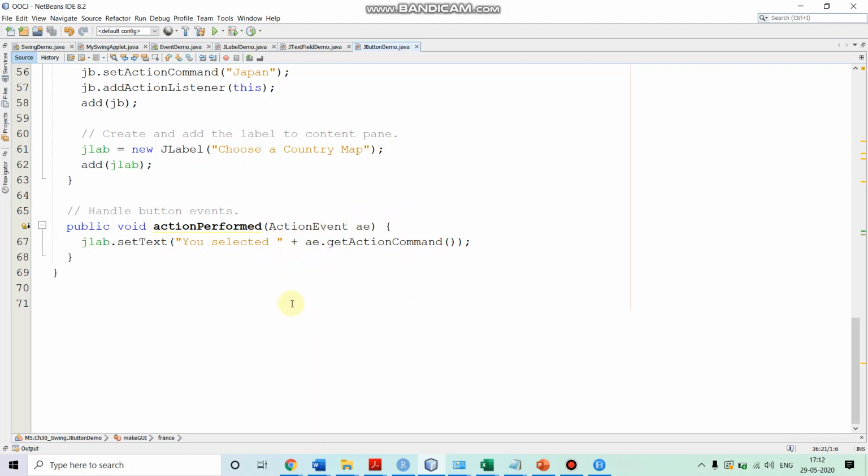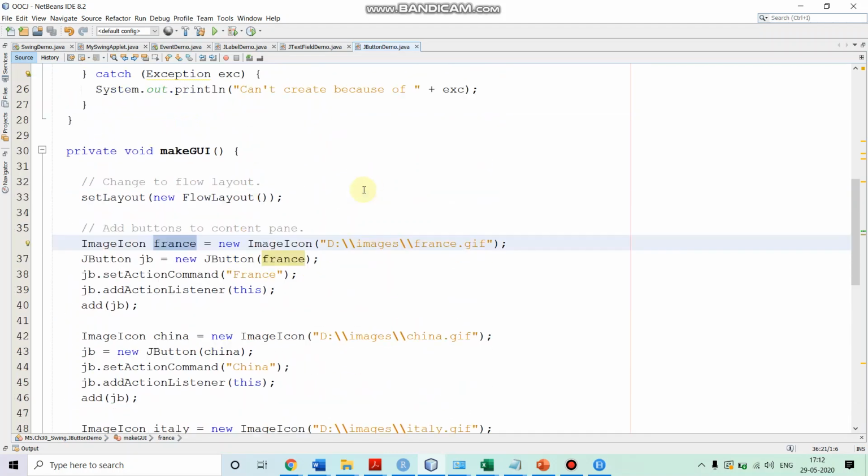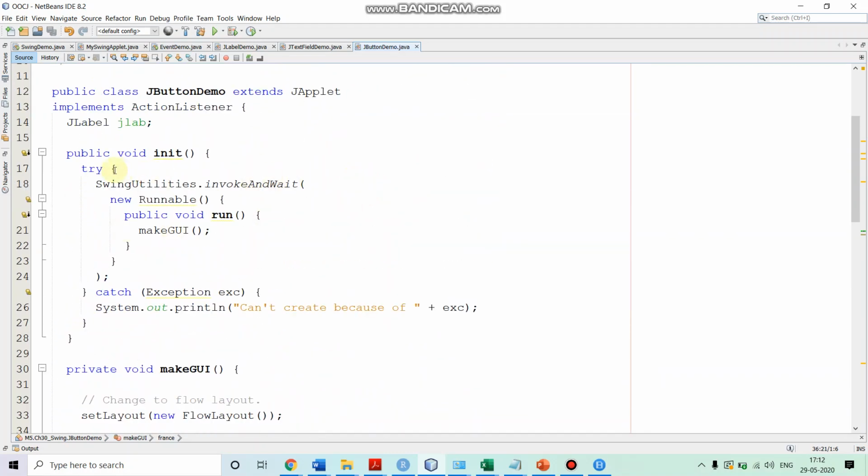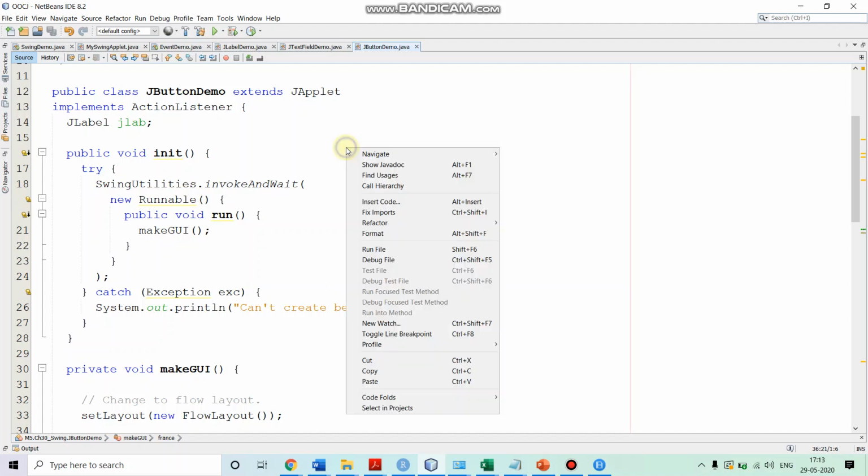So if we select the China button, then "You selected China" will be displayed. If we push the Japan button, then "You selected Japan" will be displayed. This is the makeGUI, and we are invoking it in the init, making sure that makeGUI is invoked in the event dispatching thread by calling the SwingUtilities invokeAndWait method, providing an implementation of a Runnable and its run method, and within the run method we are calling makeGUI. So let's run it.